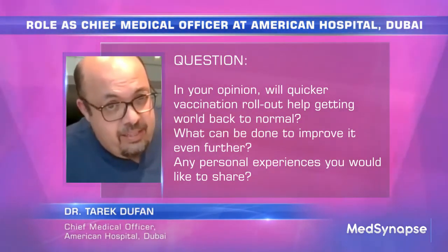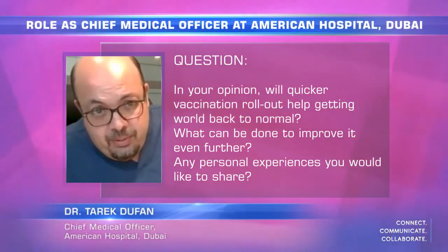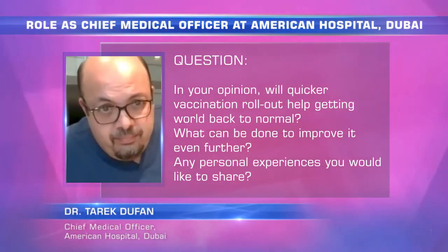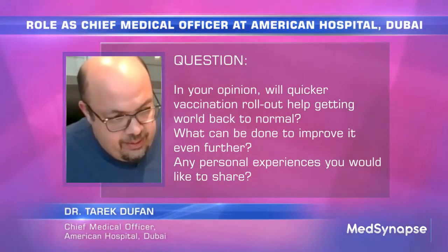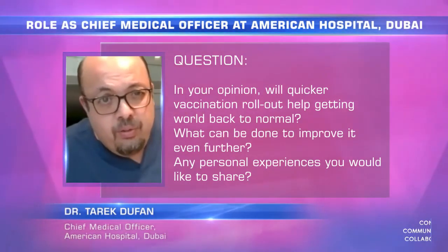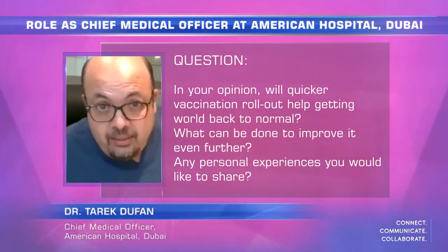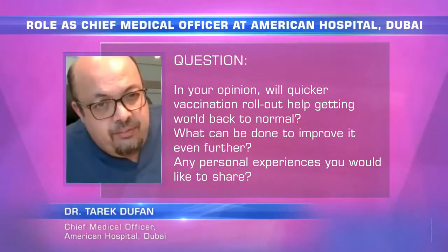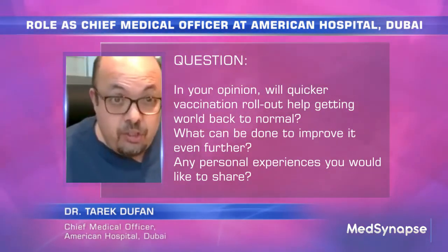As I said, I have 3 kids and my wife, and we are all vaccinated except the little guy, because he was 11. So we ended up going to Florida and Orlando. The 3 of us, I came back and they stayed there. The first one to get COVID was the little guy, and he was miserable for 2 to 3 weeks because he was not vaccinated. The other 3, my wife and the other 2 boys, they got COVID too. But believe me, it was like a flu-like illness. They didn't even feel it. So this is very important for the general public. You need to get vaccinated against COVID. And for special populations,